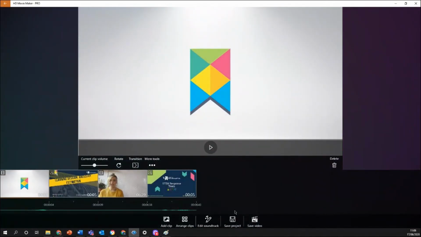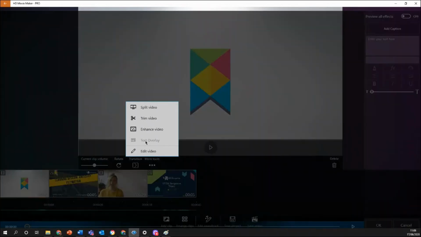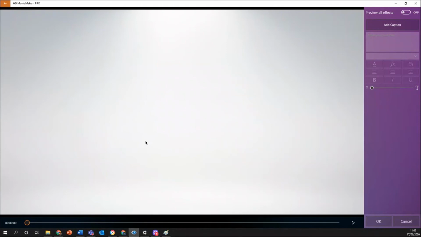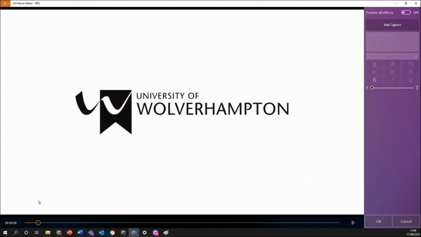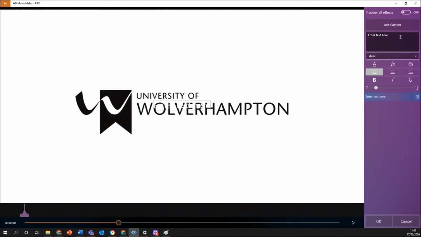Now I'm going to show you how you can add text into your videos. So if you click on the More Tools option again and go to Text Overlay, this is how you can add captions onto your videos essentially, or you can just add bits of information if you want to. So again, you use the bar at the bottom here to find the point where you would want your caption. So if I press add caption, for example,